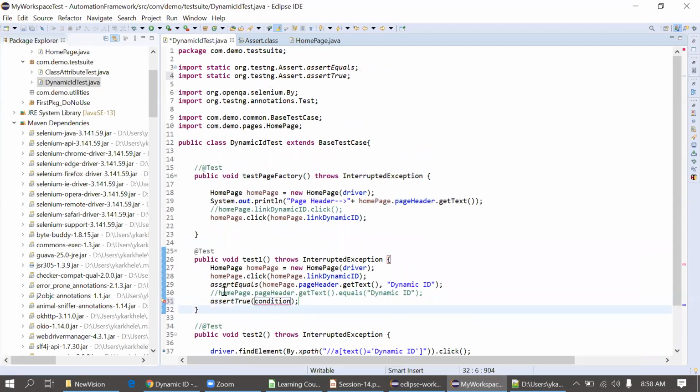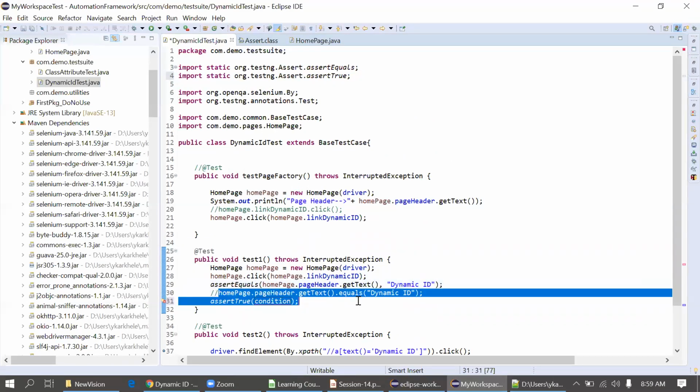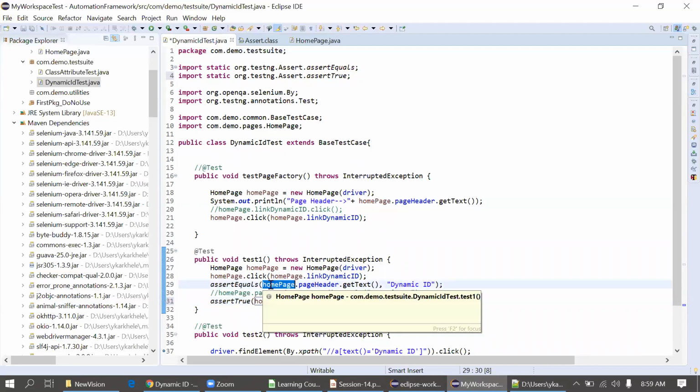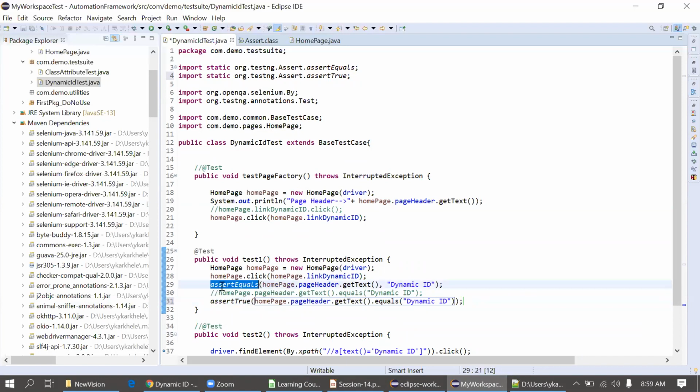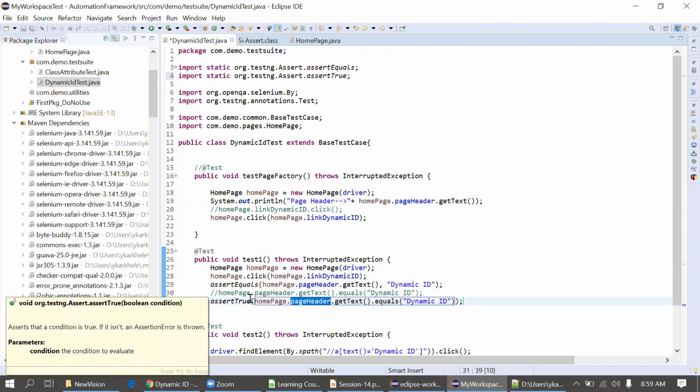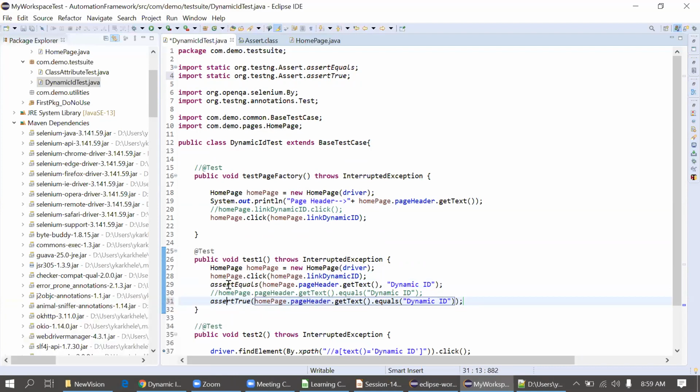So simply you can use this condition here, or you can go with the first one. This is also fine. I'm just copying this condition again. Simply it will return true or false, right? This line number 30, this is also fine, or this is also fine. But I'll prefer this one because it is more readable as compared to this one. It's your choice. You can go with this first or this one. Okay, no issues there.